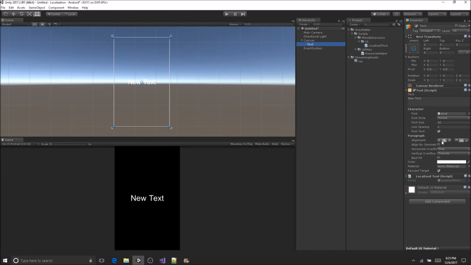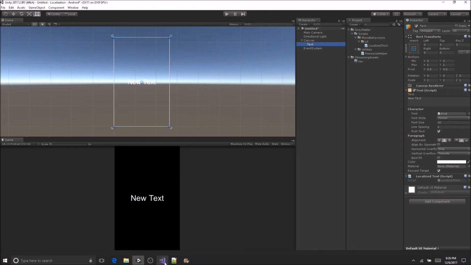right here, which is where we set the alignment, we set the font size, and I don't think we changed much more. Oh yeah, we changed the color as well. So this tells you what the format of the text is going to be like. Now we're going to provide the logic for the text. So to go ahead and do that,